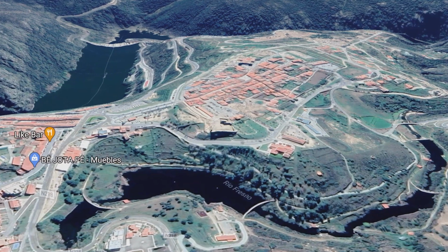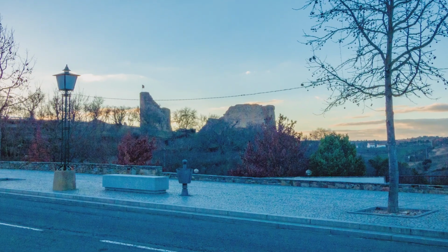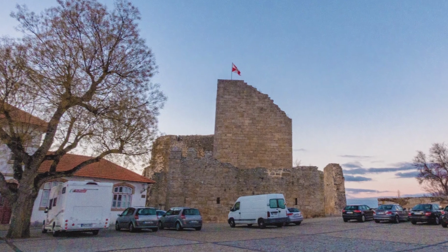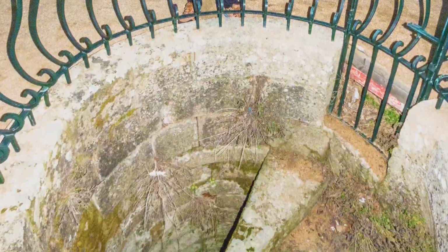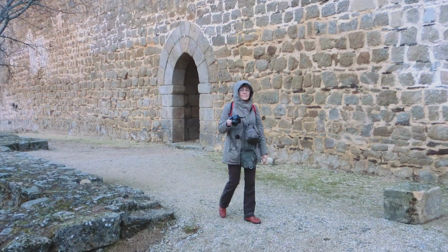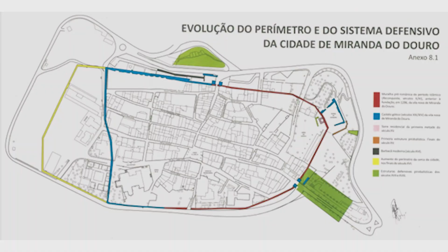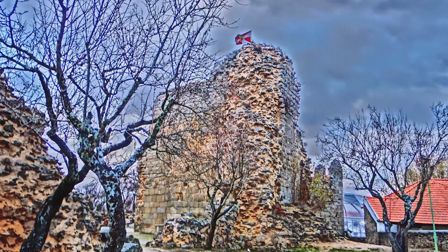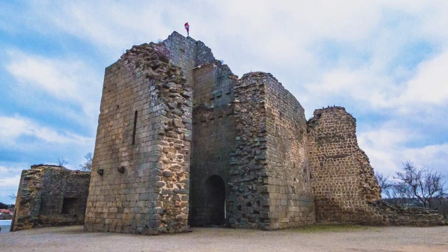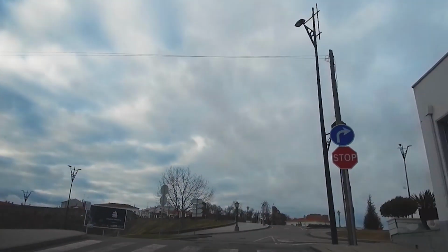On the edge of the historical part of the city, we can see the remains of the castle. Miranda do Douro is located in the border area, and therefore the castle was built there in the 12th century, if not earlier. The castle had a deep well inside. In the 13th century, in addition to the castle, walls were also built around the city. The castle successfully withstood several wars caused by dynastic disputes between Portugal and Spain, but was seriously damaged during the 1762 war. While we are examining the ruins of the castle and leaving the city, we will tell you about